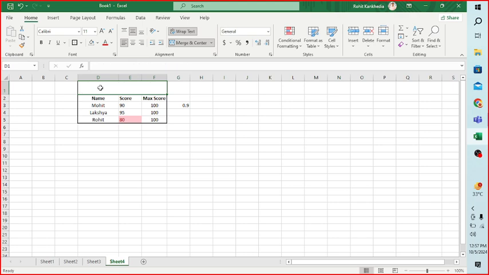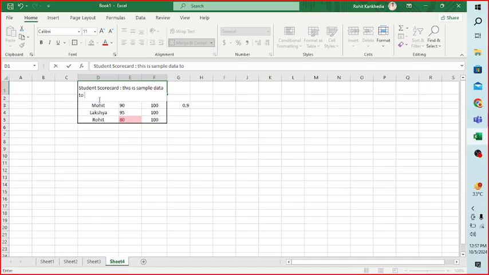I need to tell the user what this particular table is for. I want to display some information, add some text so that it tells what it is. So I just write something: this is student scorecard, and this is a sample data to